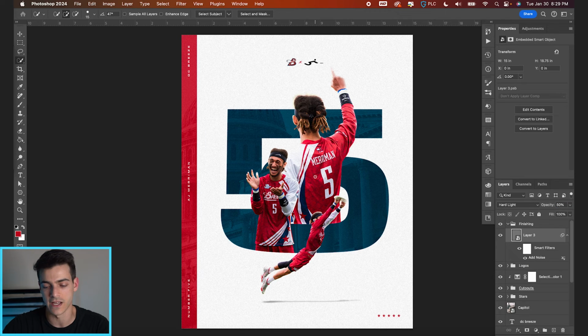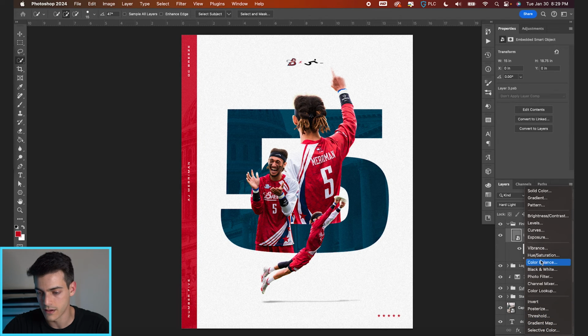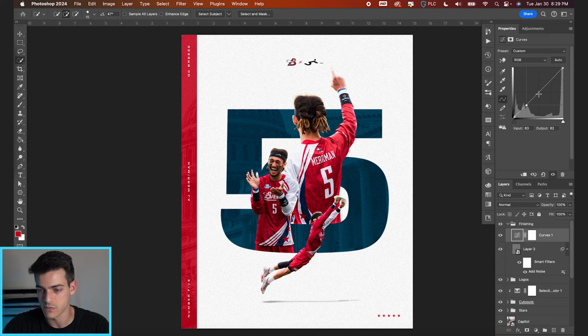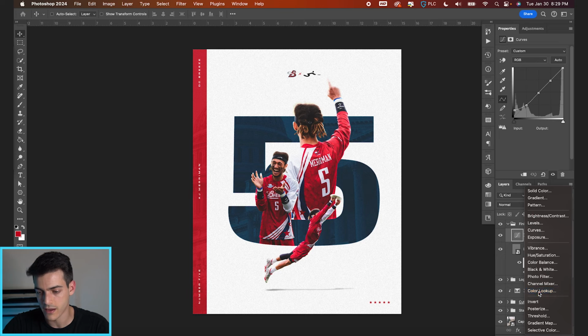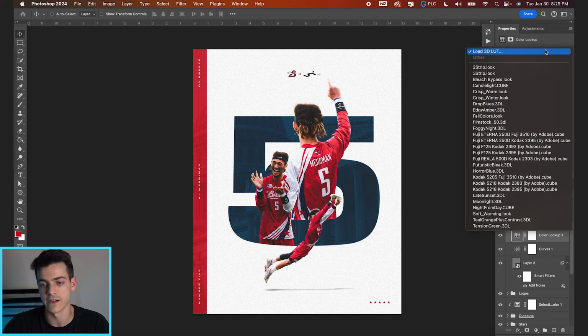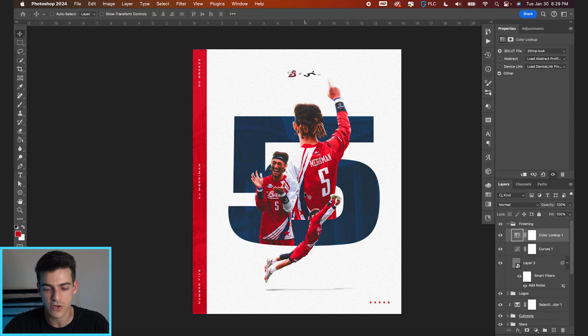And then 50%. We will also add a curves layer. This we're gonna just bring up the blacks by adding a couple points and then lifting that lowest one. I also like to brighten up the top end as well, the highlights. And then we can also drag a color lookup in here. I think 3-strip look looks pretty good. Kind of brings out those skin tones, makes the red pop a bit more, but we can tone it down